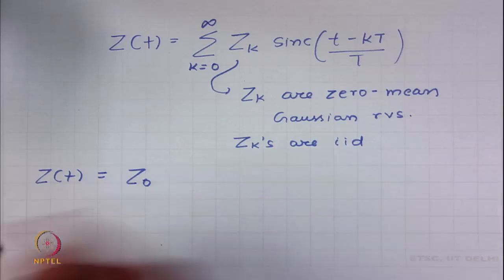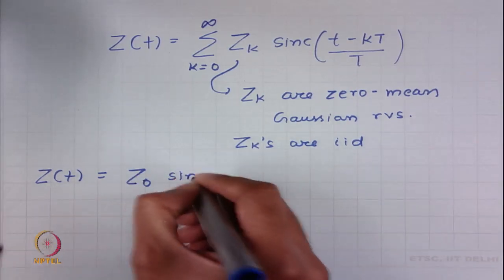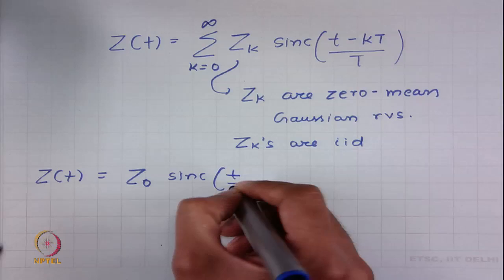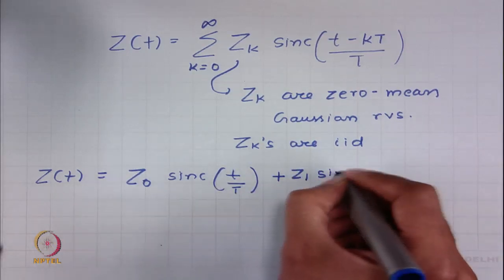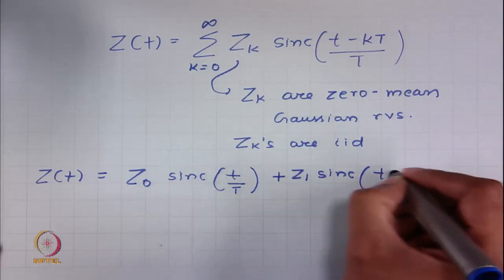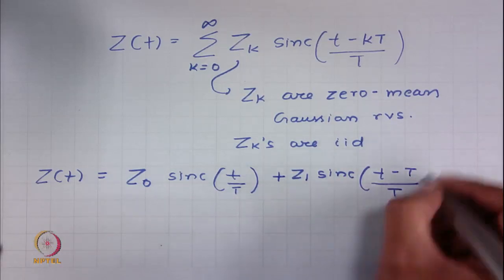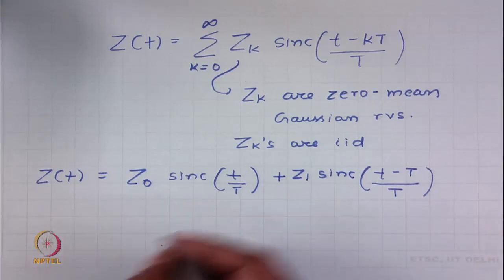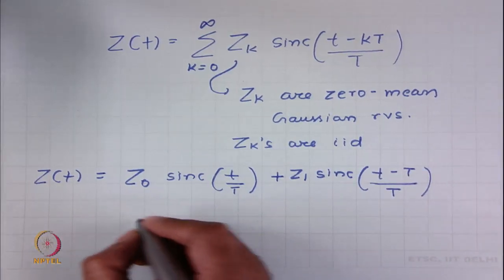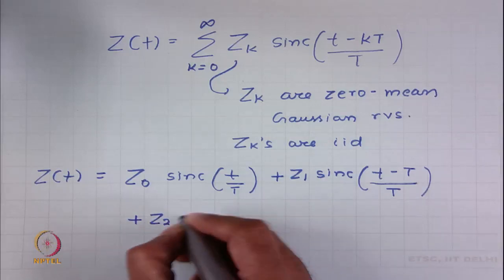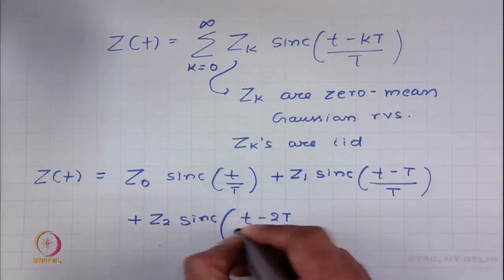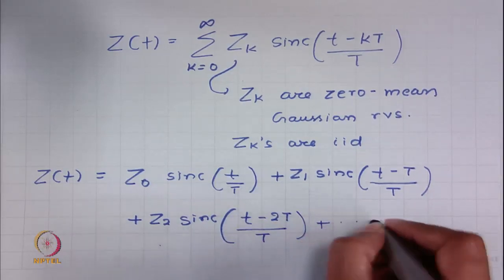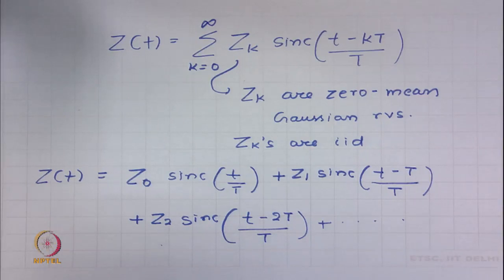Okay. So, z0 times sinc(t/T), then I have z1 times sinc((t-T)/T), then I have z2 times sinc((t-2T)/T), and so on and so forth. I can continue, right, because there are infinite terms. Now, if you look at this,